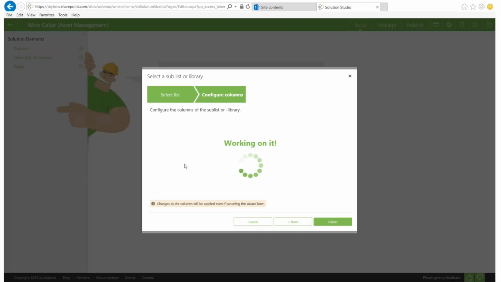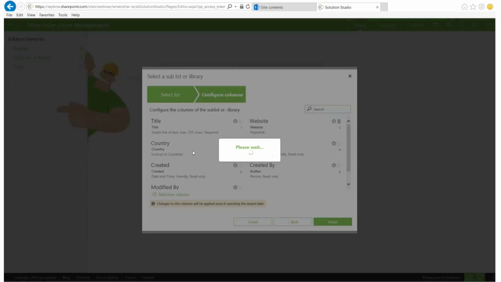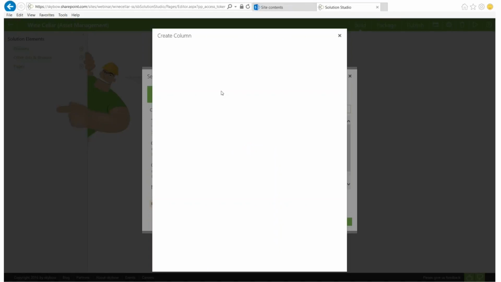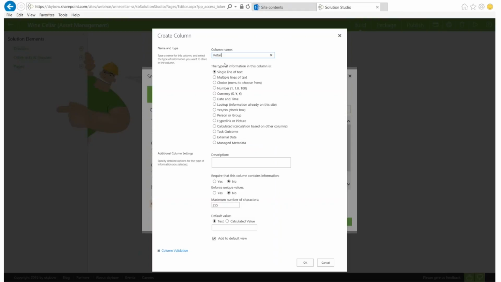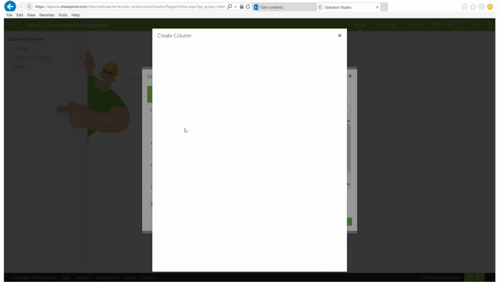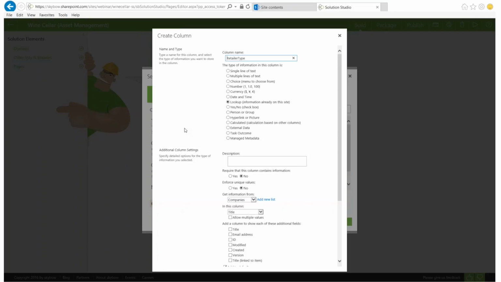And now we will add another lookup to a list like Retailer Types, because you could have online retailers, department store retailers, or supermarket retailers, doesn't really matter. But it's a lookup list, basically. Instead of a choice field, we will take a lookup list. And in this case, the Retailer Type list is not yet here. So normally, out of the box, you would need to go back and create your new list so that it's available in here. What we extended is that you don't need to